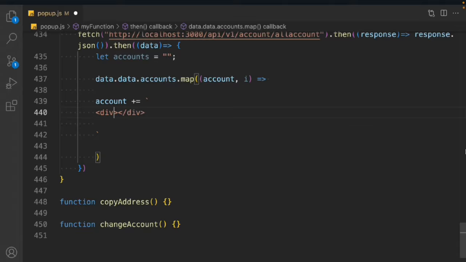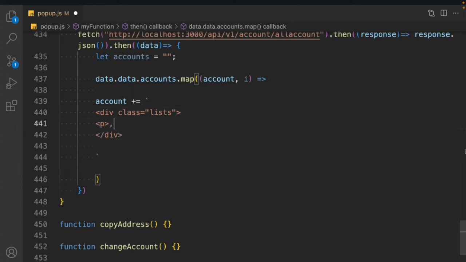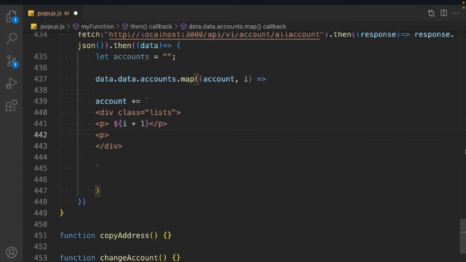Let's assign a class. We'll say list. In that we have to take a p tag and we have to close it. Inside that we have to display the data. So the data would be, inside this element I, the number of the account is 1, and now we have the second data, which is actually the account. So we'll have a class called